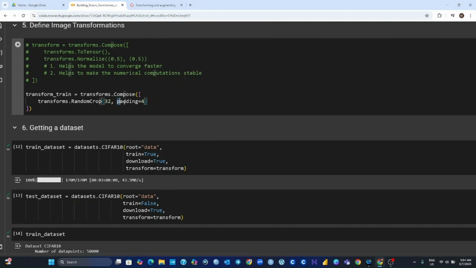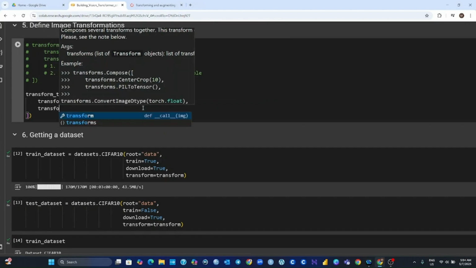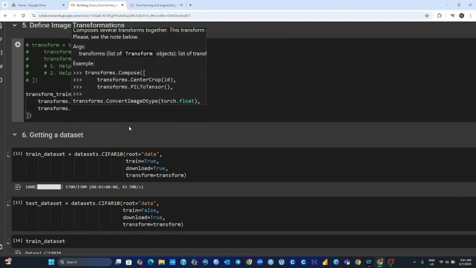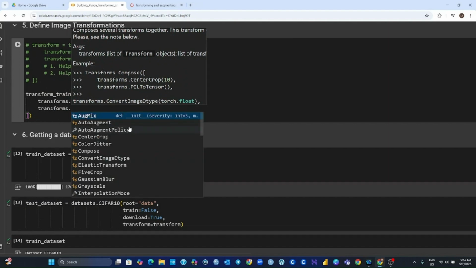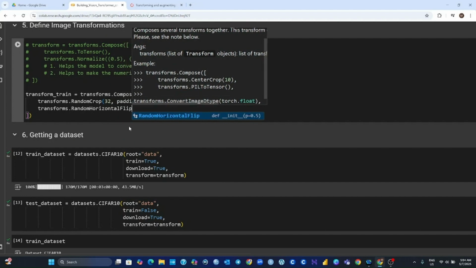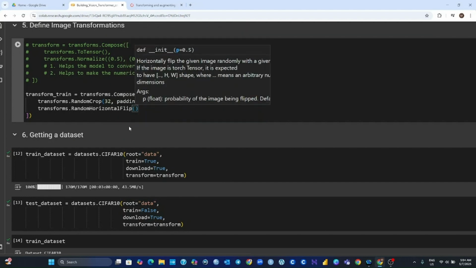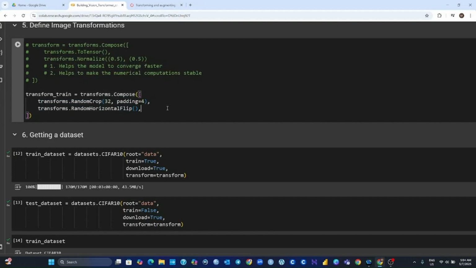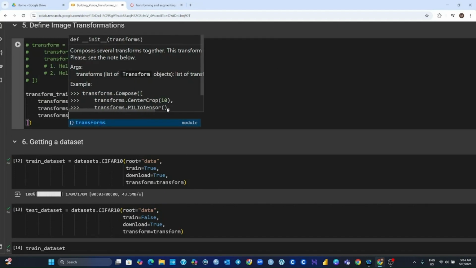So we will pad all of the borders by 4 pixels, comma, transforms. The second data augmentation technique we will use is random horizontal flip. So we want to flip the images in a horizontal manner, horizontally, okay, and then comma, we will transforms dot